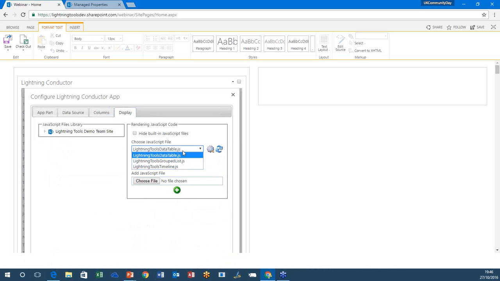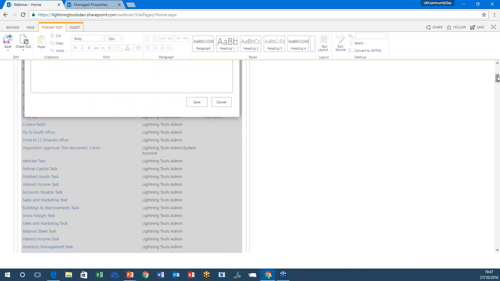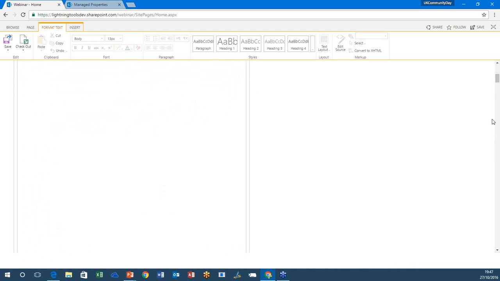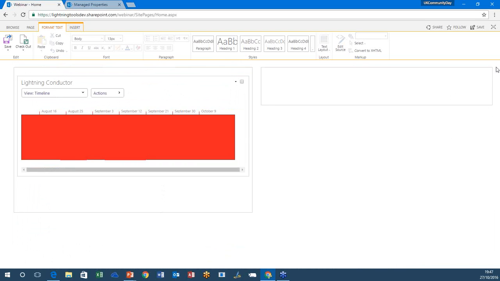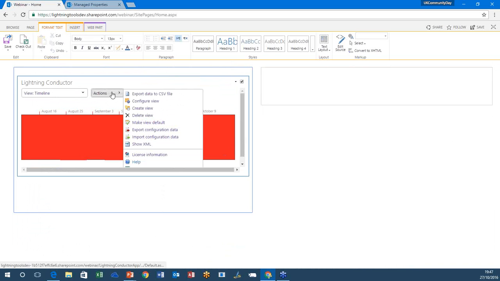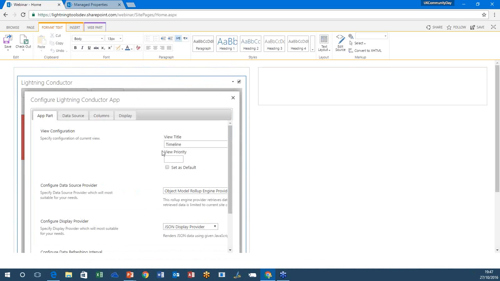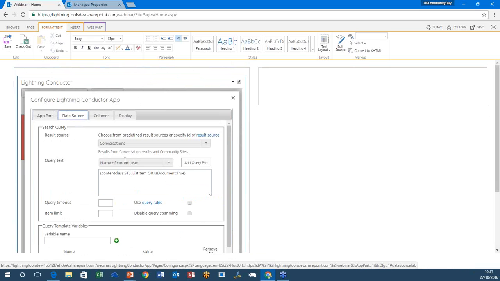And in here, you'll see there's some JSON views, one of them called timeline. So I can select the timeline, click save. Okay, that's a fairly big timeline. Let's just reconfigure that. Let's go with search there instead,